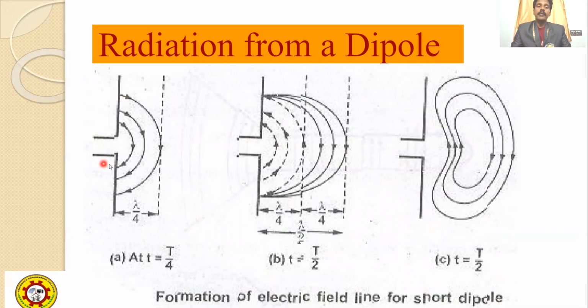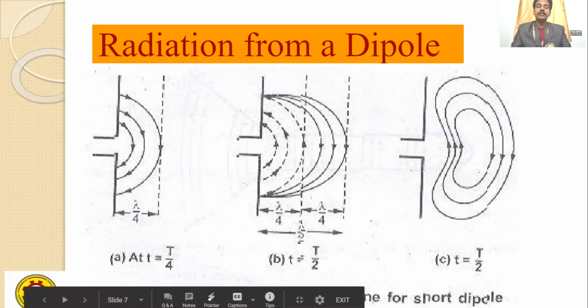You can place two metallic rods in a dipole arrangement, that is positive and negative, consisting simply of two poles. In this first figure, you are generating a radial distance equal to lambda by 4. In the second figure, another lambda by 4 is added, so 1 by 4 plus 1 by 4, a half time period.